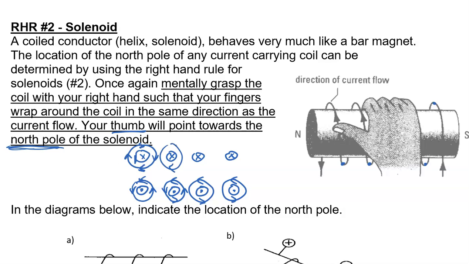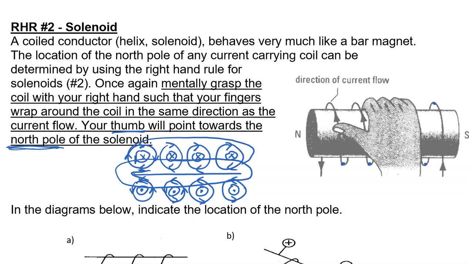And if we continue that, we can see that. Continuing around that one, we can see that. And overall, what we can see is inside this portion, inside this solenoid, the entire magnetic field is going in this direction. Outside the solenoid, the entire magnetic field is going in this direction. Well, what does that look like to you? And out here, it's going in this direction. That looks like a bar magnet, and that's in fact what it's doing using Ampere's experiment.